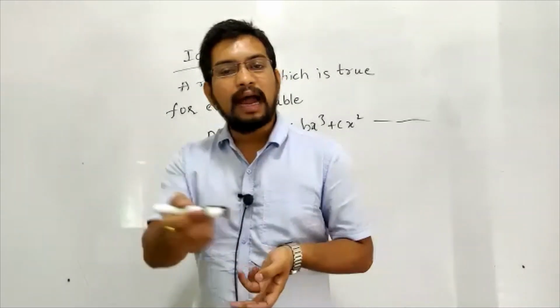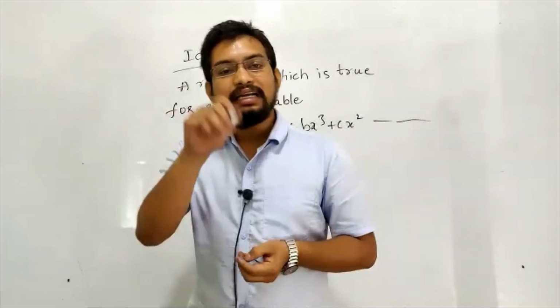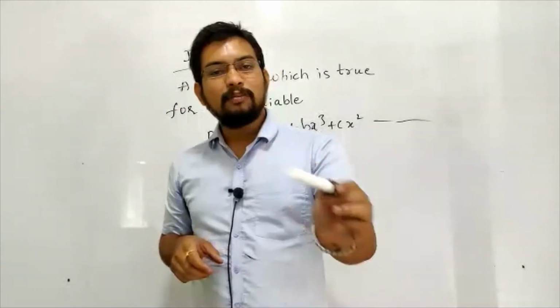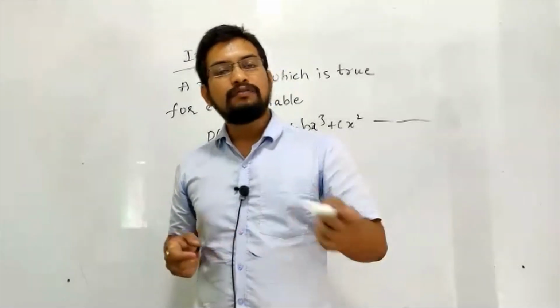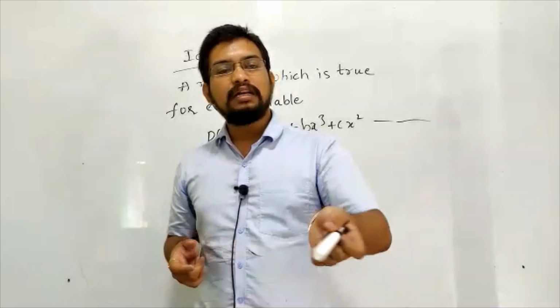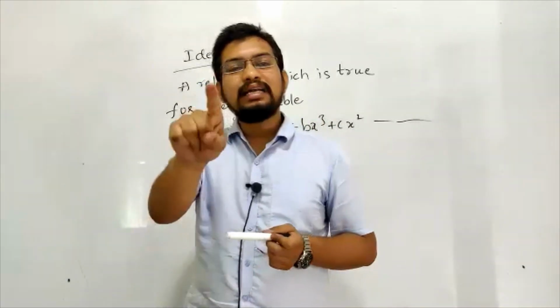దాన్ని ఏమంటున్నాం అంటే ఐడెంటిటీ అంటున్నాం. వాట్ ఈస్ ఐడెంటిటీ? ఐడెంటిటీ ఆ theta అనేది వేరియబుల్. అంటే theta ప్లేస్ లో మీరు 30 degrees రాసుకోండి. In place of theta you substitute 30 degrees. In place of theta you write 60. In place of theta you write 45. You take any value. That identity will hold.